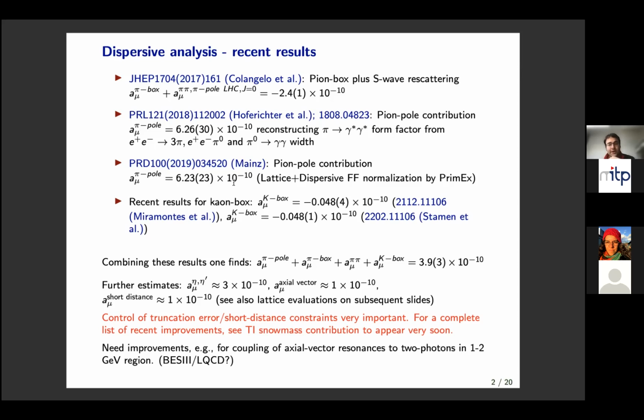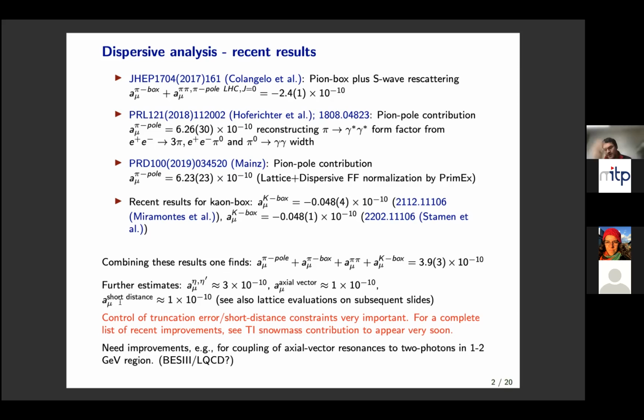We have then comparisons between these lattice calculations and experimental results, in a momentum region where both of them have access, and then you can use the lattice to go also into the double virtual region, for example. A little bit more recently, there's been some progress also for kaon box contributions, but you already see that there's a significant hierarchy between the pion box and the kaons. The eta and eta prime are significantly more important, also the axial vectors.